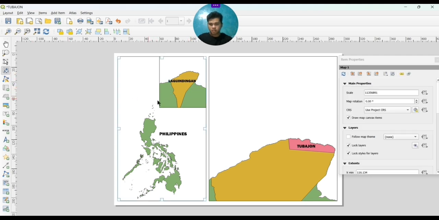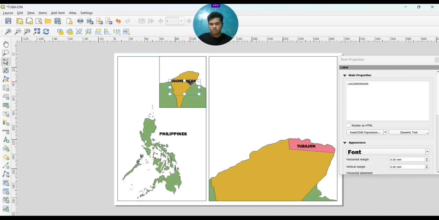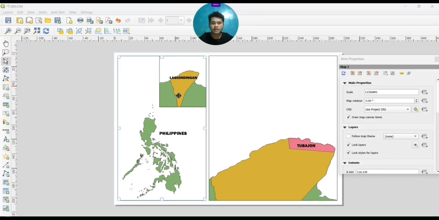For my case, I just want to zoom it more. That one, for me, is okay. It's the Lagindingan area. So this is the Philippines.